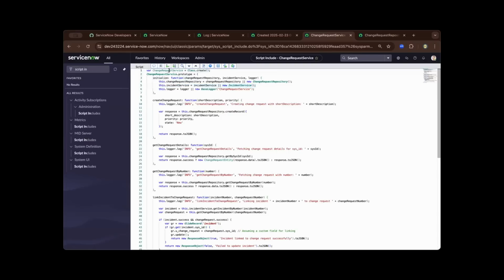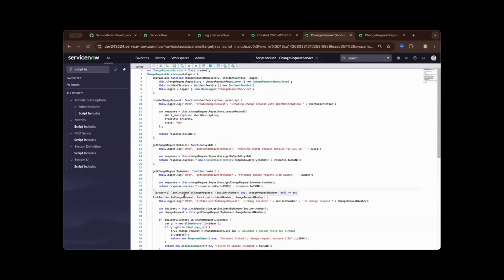And now in this class, we have created ChangeRequestService, utilizing the incident service capabilities and features in combination with the repository pattern. As you can see here from line 9, we created a function that calls the instance of change repository. We have utilized the functionalities of change repository in multiple functions, from creation to get change request number. And as you can see, as business logic, as we utilize the functionalities,